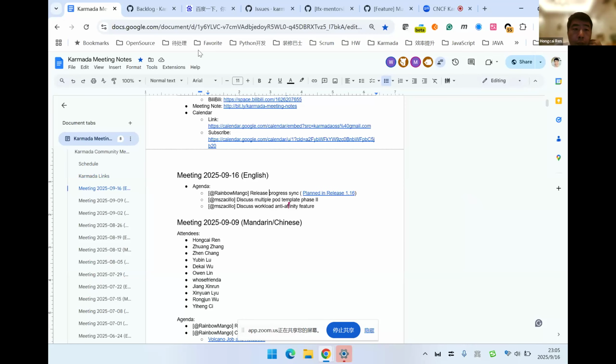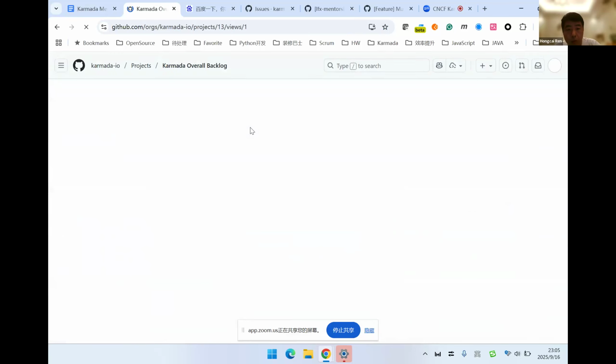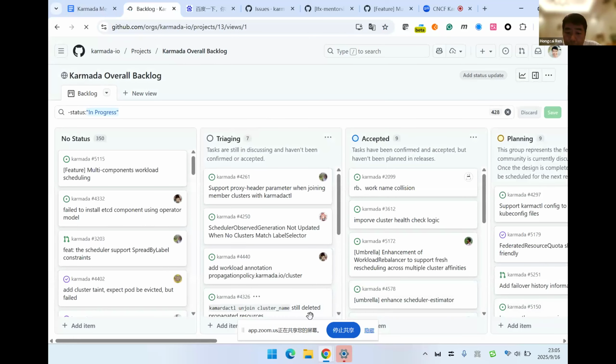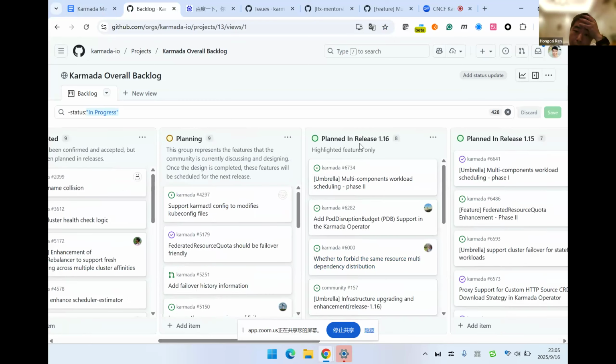So here is the backlog board. Here you can see in this column the feature items planned in the release 1.16.